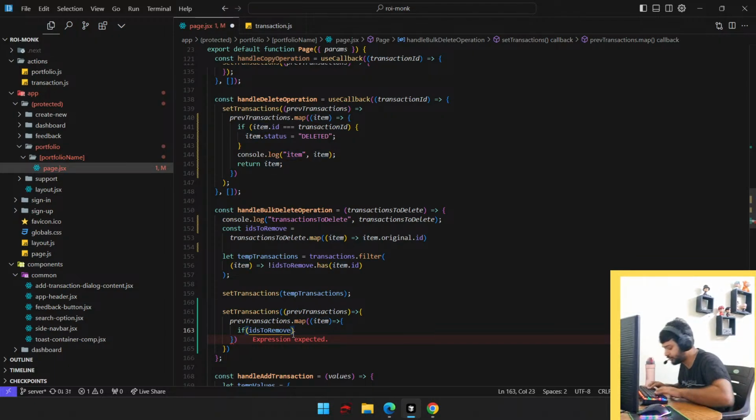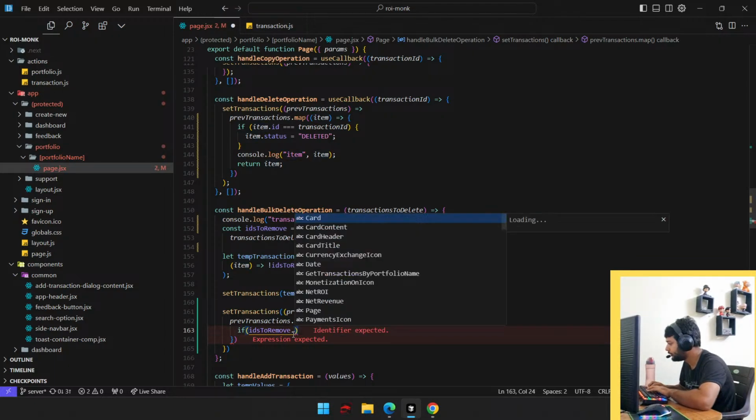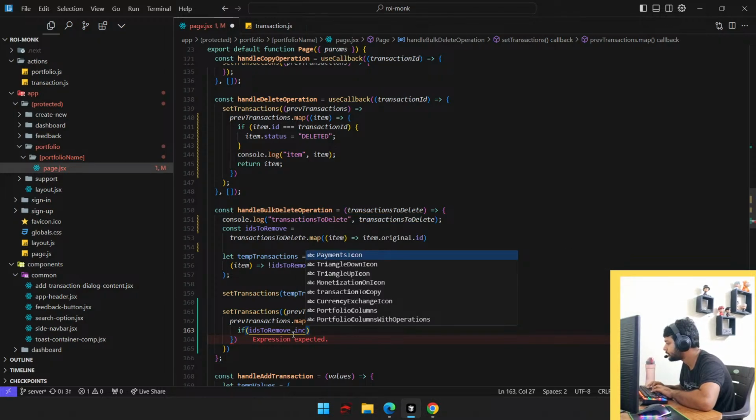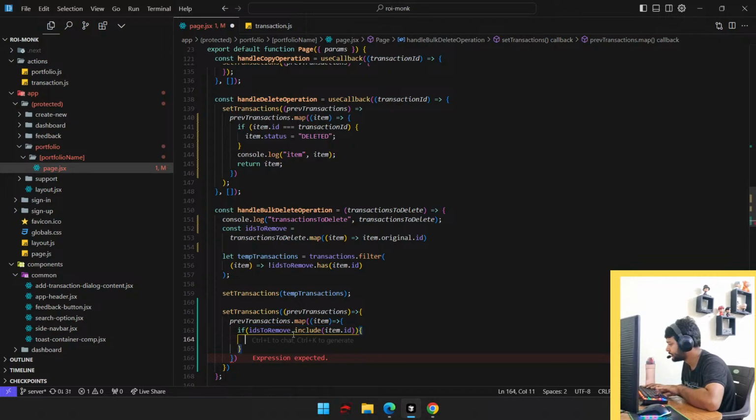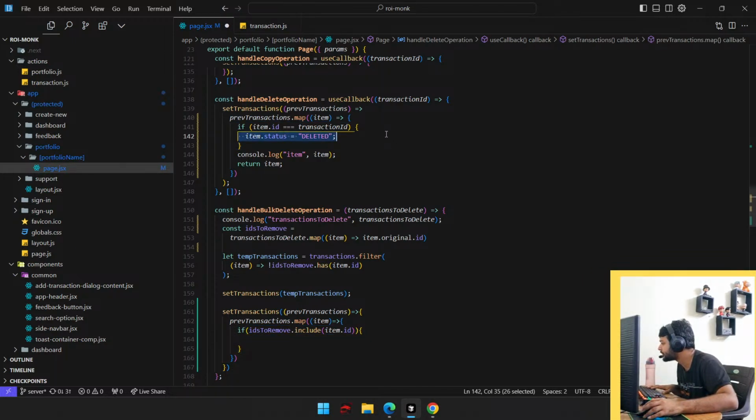If IDs to remove dot include, ऐसे ही होता है ना यार. Item dot id, then what we are gonna do is item dot status equals to deleted,